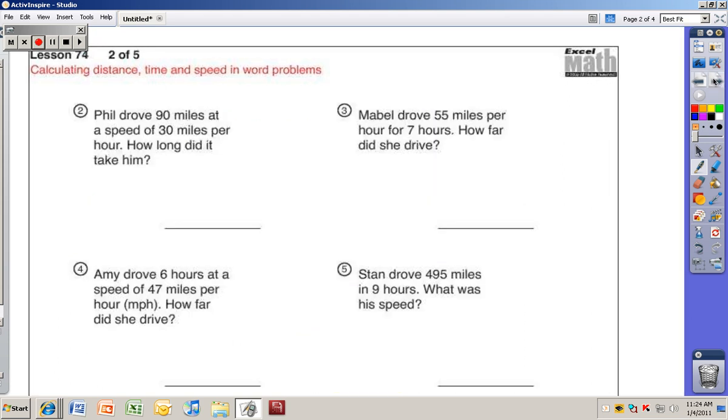All right, on to the next page here. Number 2. We'll do this first one together, and then you can try the others on your own. Too easy, right? Phil drove 90 miles at a speed of 30 miles per hour. How long did it take him? So when you see this kind of a problem, the first thing you think of is